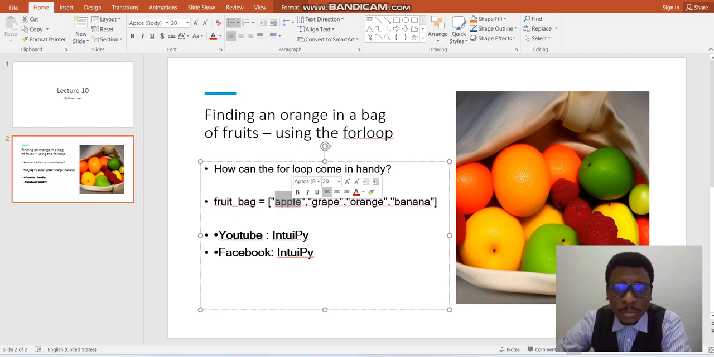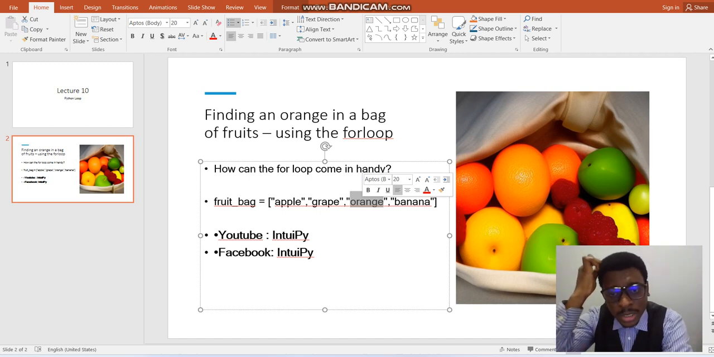Imagine this is our bag of fruit, or fruit bag, and you have your apple, your grape, your orange, and then the banana. So the first time you dip your hand inside the bag, you would retrieve an apple, and because it's not an orange, you would go for the next round. You put your hand inside the bag and retrieve a grape, so that's not an orange too, and lastly you would retrieve the orange, and once you get that orange, maybe you would give that to your friend. So that's what we would implement in